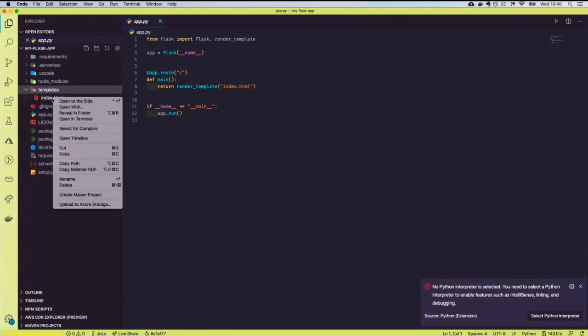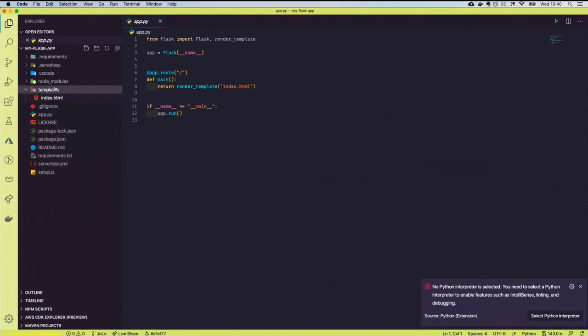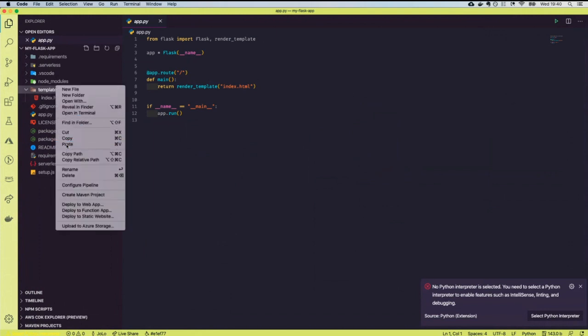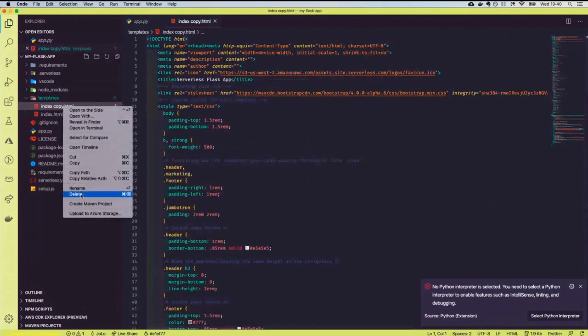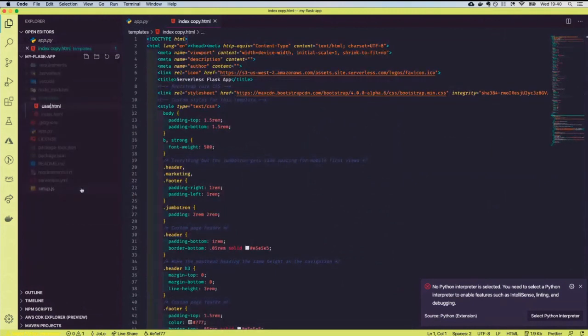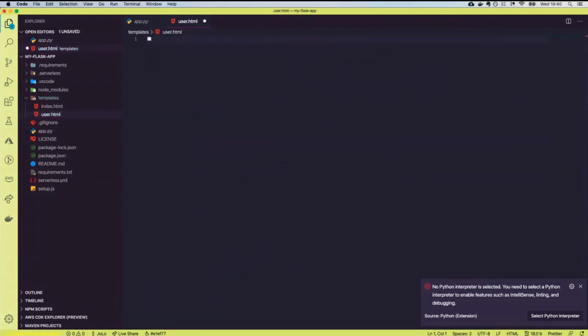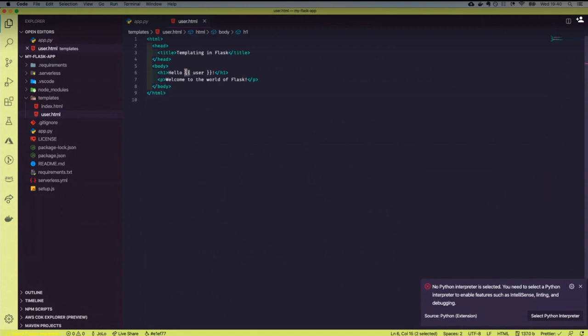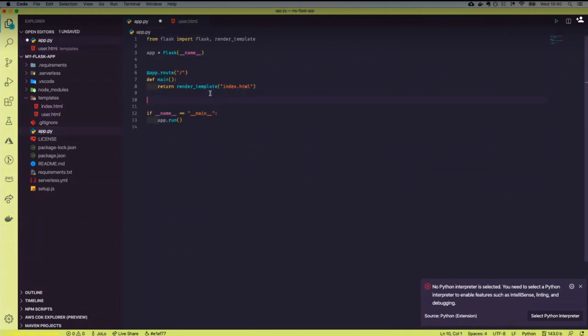Now let's create a new template. We call it user.html. We removed all this. I have prepared something for you. So if you're familiar with Flask development, then you will probably notice I'm using Jinja syntax in here. And I will also modify my app.py